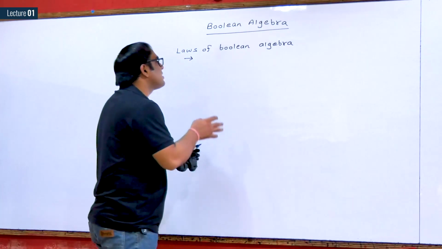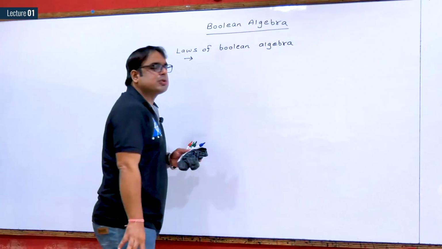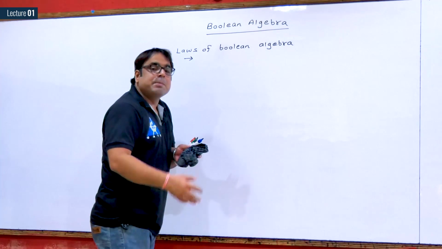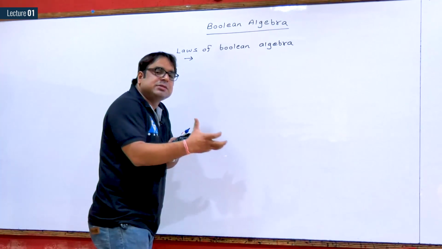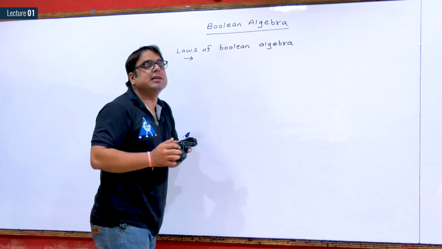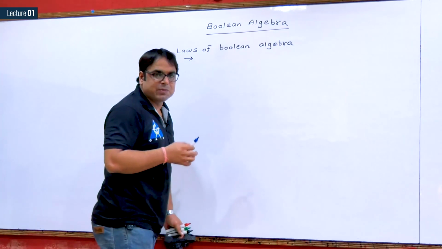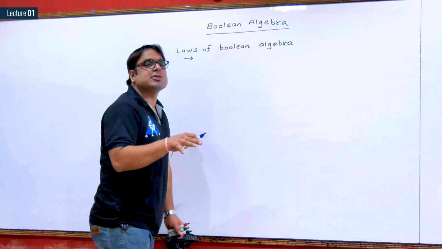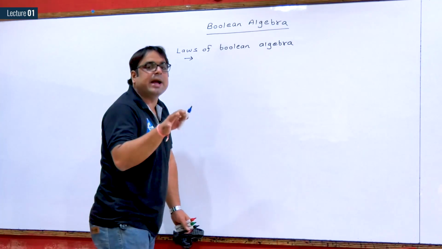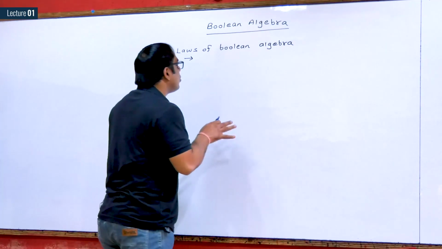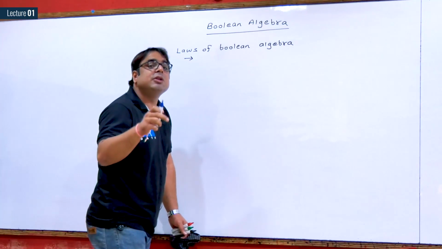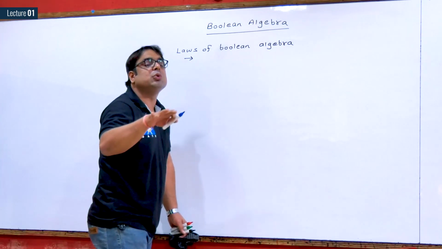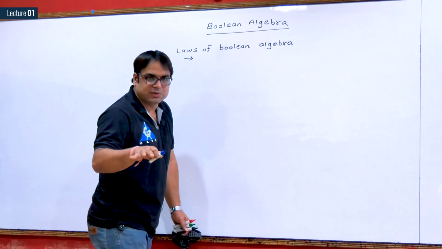So first we are starting with the basic laws of Boolean algebra based on logic 0 and logic 1, and slowly we will introduce the variables in the laws of Boolean algebra. So first, basic laws on the basis of logic 0 and logic 1. Obviously here whatever zeros and ones I am writing have logical significance, they do not have any numerical significance.